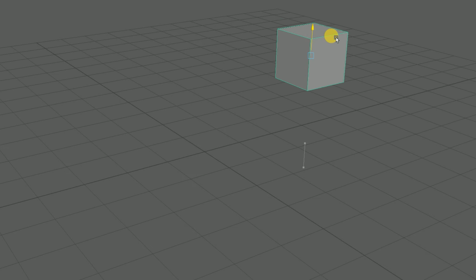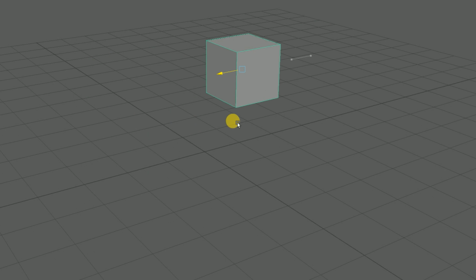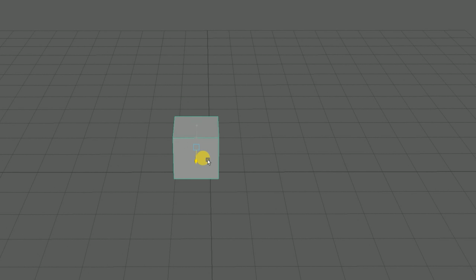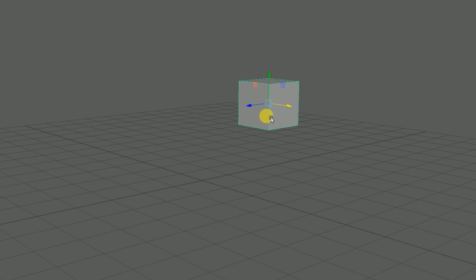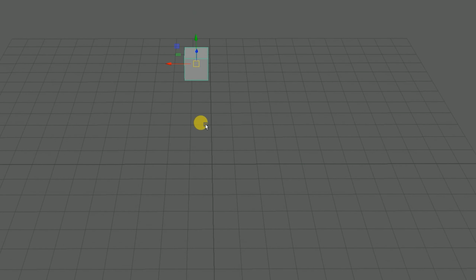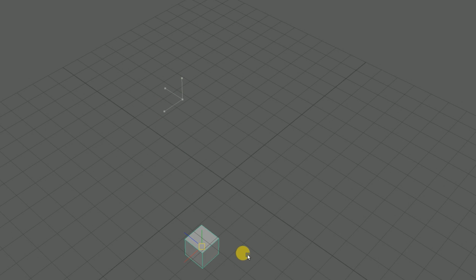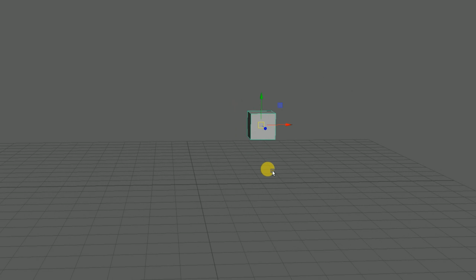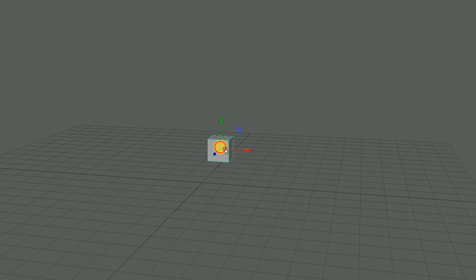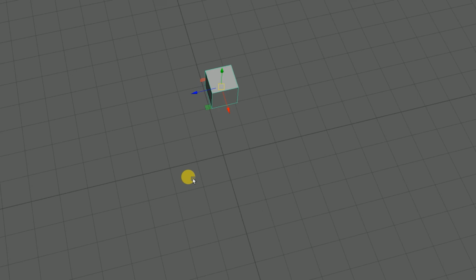You can use them to move in one axis at a time if you select them. If you go towards the center, you can move it all the way around. It will move according to your view. As we move on, it gets messy. You don't end up with the proper alignment.